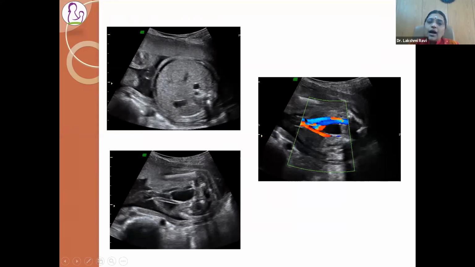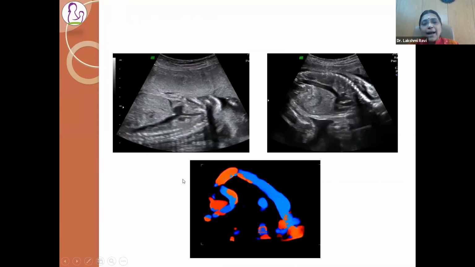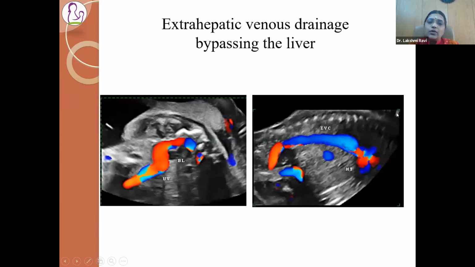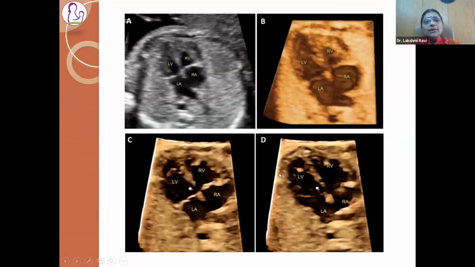next to the aorta, and you see that the iliac vessel here is very, very prominent. And when you go and map this vessel, you understand that this is nothing but agenesis of ductus venosus, and the umbilical vein is actually entering into the iliac vein, IVC, and into the heart. So you can nicely map the entire course of the vessel, and you can nicely delineate this extrahepatic venous drainage bypassing the liver.